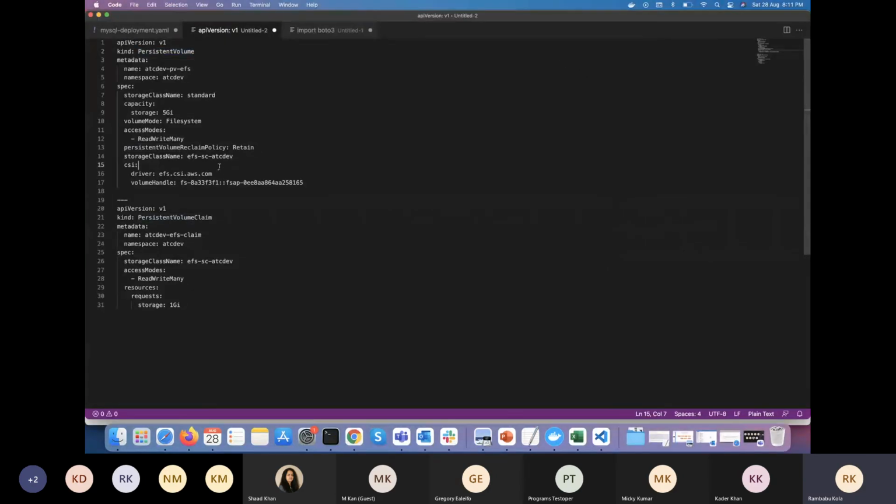Here the storage class for the EFS is EFS. The name we define here, and the class is standard, and the driver we mention here, and this is the file mount provided by AWS. For example, if you take NFS, we would have an IP colon mount path. The same way, this is by AWS EFS.